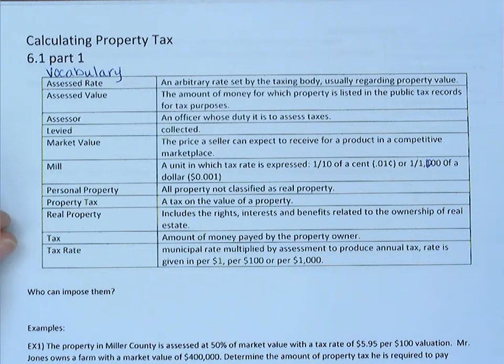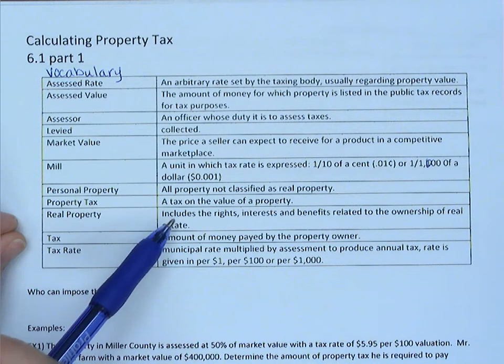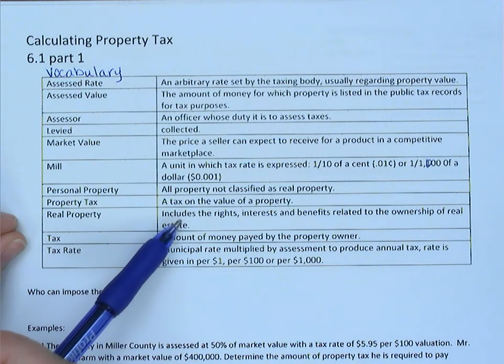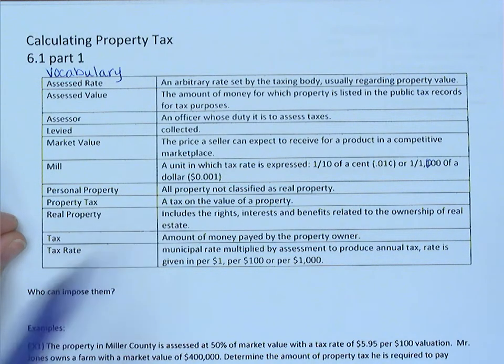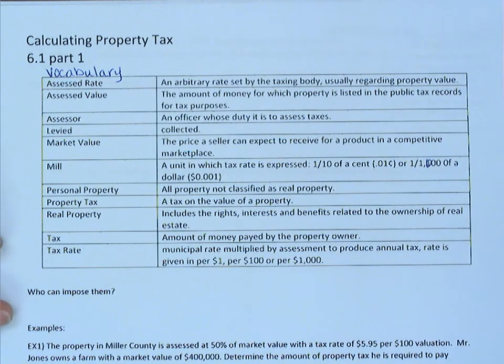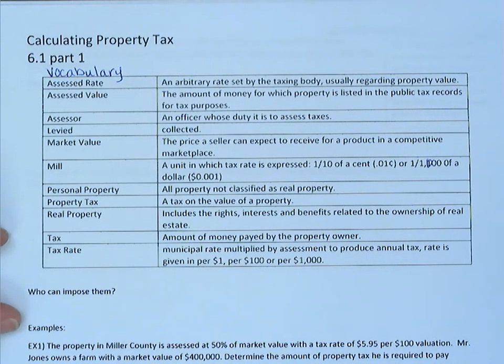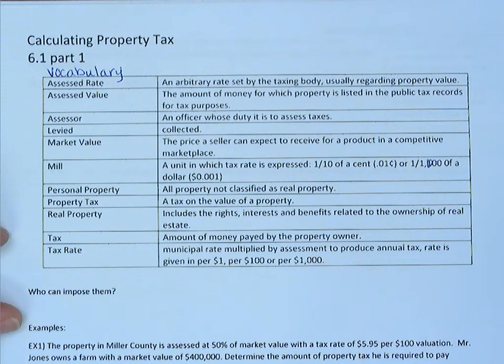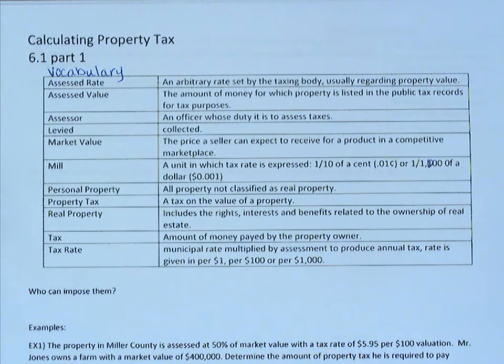Real property includes the rights, interests, and benefits related to the ownership of real estate. So that would be like mineral rights or water rights related to the property or land that you own, something like that. Tax is an amount of money paid by the property owner, and the tax rate is a municipal rate multiplied by assessment to produce annual tax. Rate is given in per dollars, per hundreds, or per thousands. And so we're going to look at some different